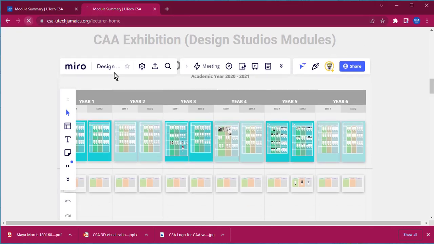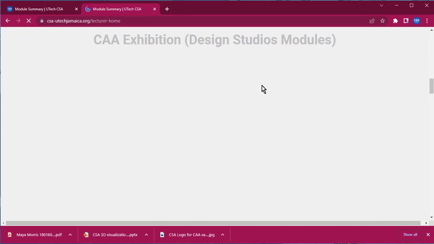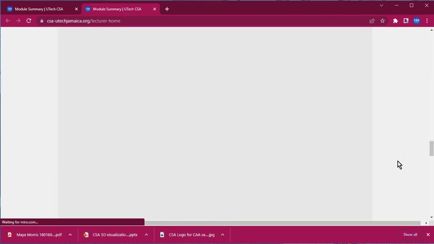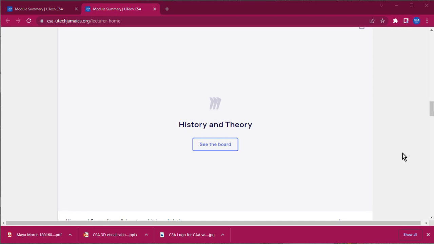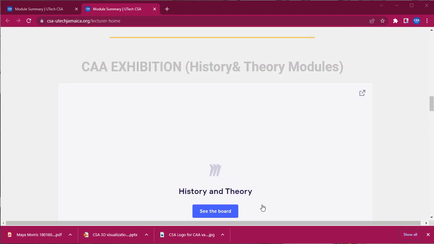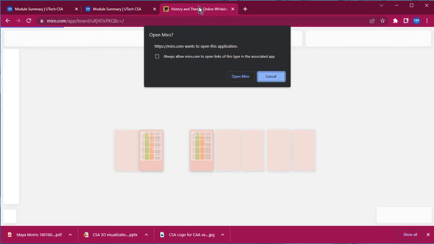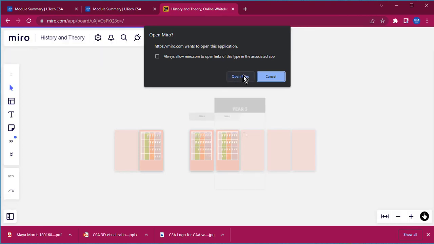Anyway, the way that's recommended to view the board, and I'm going to just hit refresh on the browser, so this will just refresh this page, and I'm going to scroll down again, and once the page is loaded up, I can go to see this board, but this time I'm not going to go here. I'm going to click this icon here, which will open up a new window to let me go full screen. Now once it's loading up, it's going to ask you, do you want to use the Mirrorboard application,